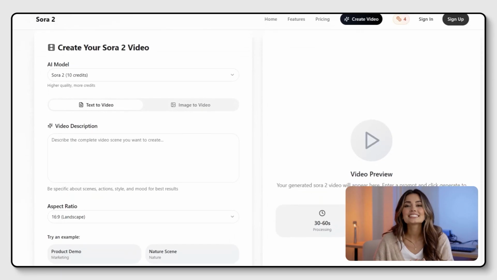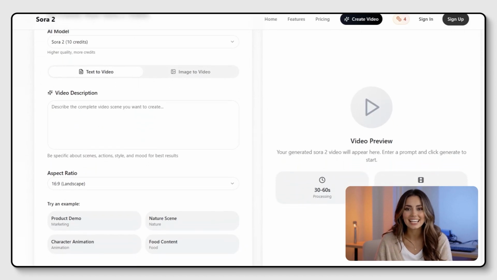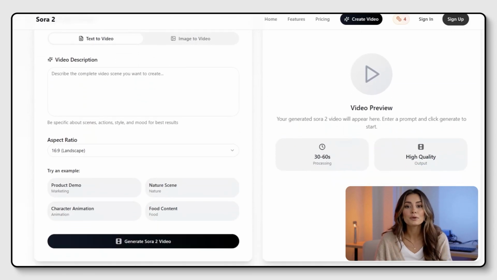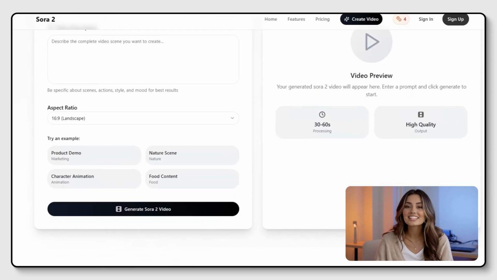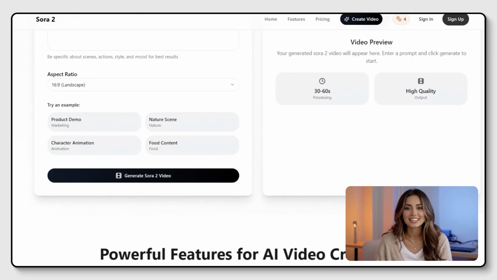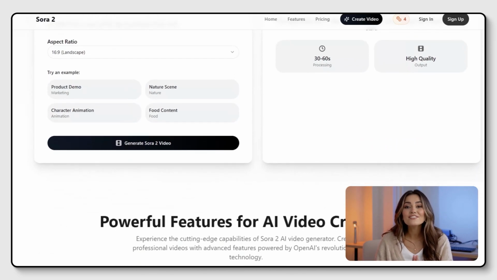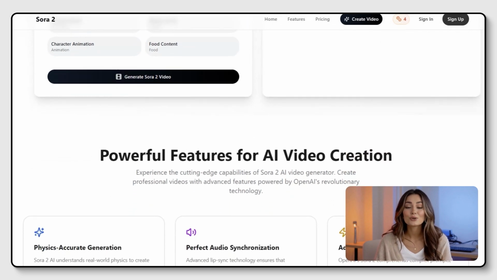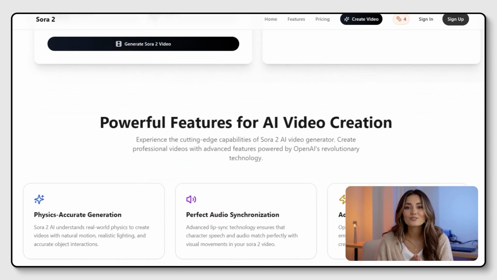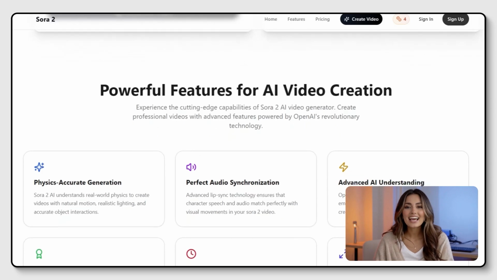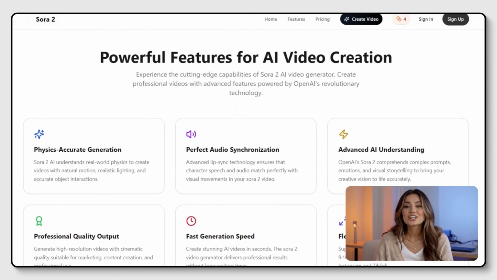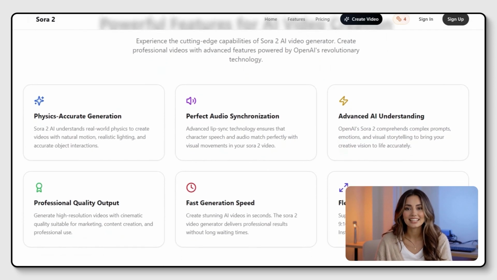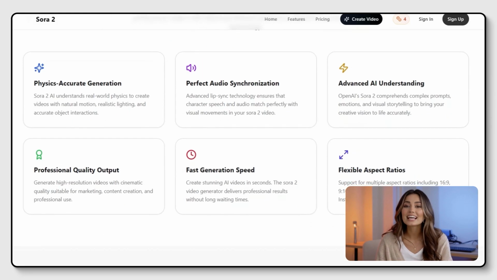And if you want to tweak or remix your clip, Sora 2 has built-in AI editing. You can extend a 5-second shot into a 30-second ad, trim a section, or loop a moment instantly, right inside the model. You're not locked to one look either. Sora 2 can adapt to any visual style, from realistic influencer-style videos to animated or stylized campaigns across TikTok, Reels, or YouTube. And because it handles everything in one place, you can generate multiple ad variations in minutes, making testing faster and more scalable than ever.